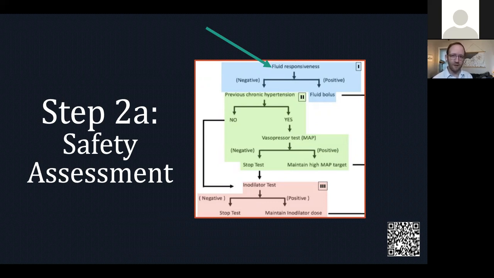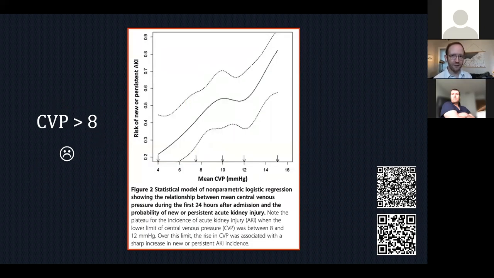So what are some easy safety parameters to be able to assess when we're thinking about stopping rules for fluid? Well, the easiest thing is to measure the much maligned central venous pressure. And now everyone is going to wonder, is Matt kind of a quack? Because I thought central venous pressure doesn't really have a role in the resuscitation of a septic shock patient. And you're right, it's not a target for resuscitation. It is a reasonable target to consider